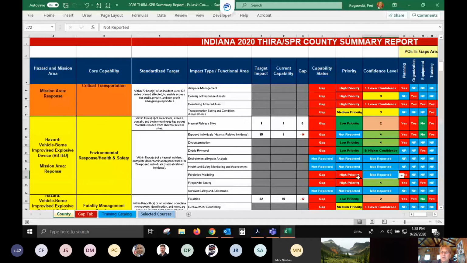So if it's a high, it would turn to red. And then what your confidence level is. And remember, your confidence is out of CPG 201, I believe the page number is 82, if I'm not mistaken. And it highlights what that chart looks like. And it gives you that example of what a low to high